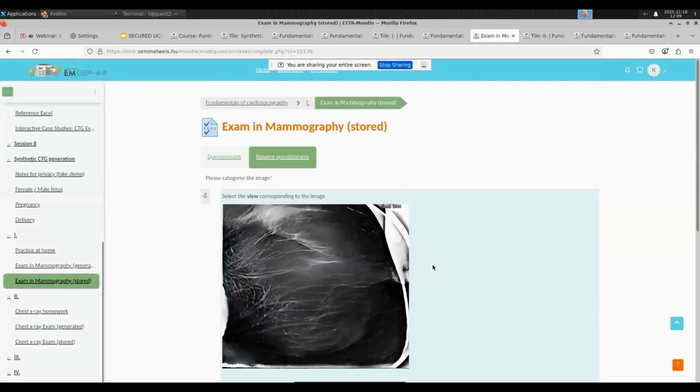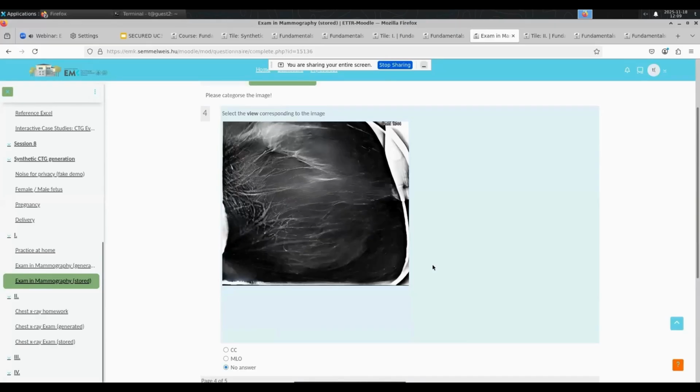And I want to show that in an exam setting and other homework settings as well, it is important that the lecturer should overview and check the images. This is a typical